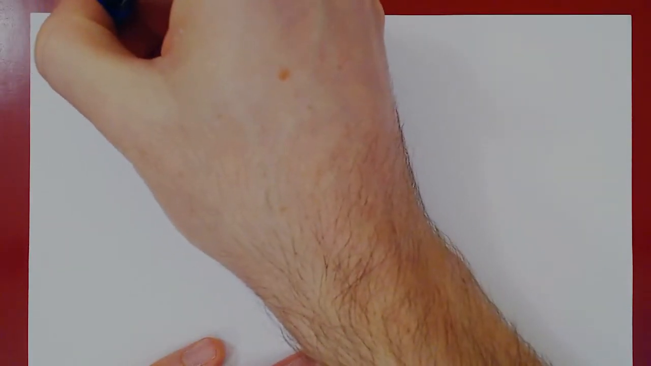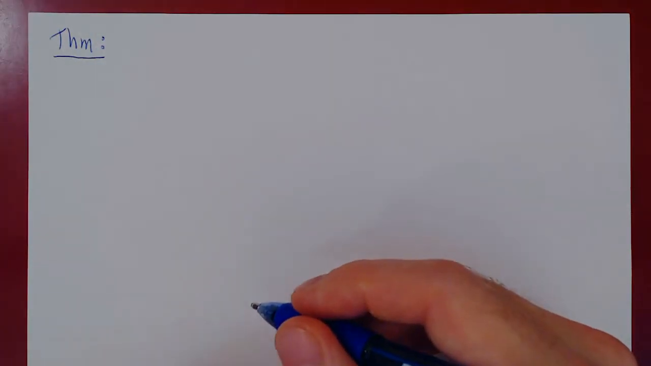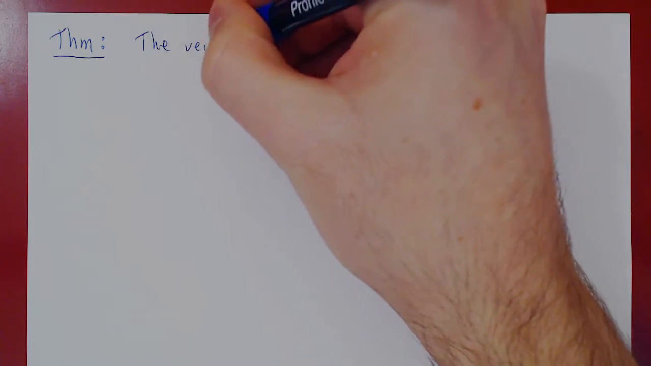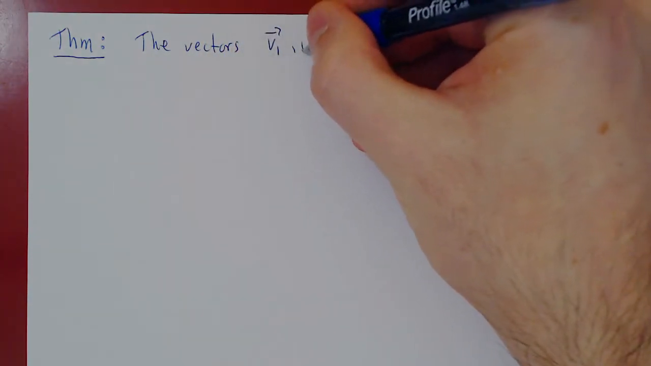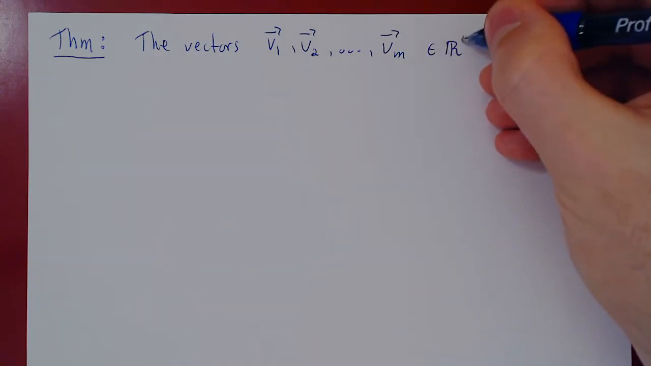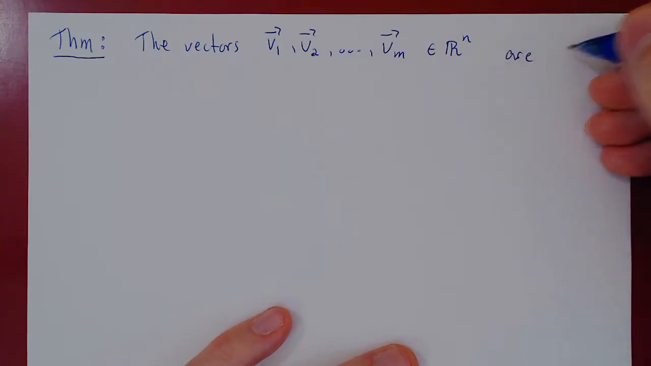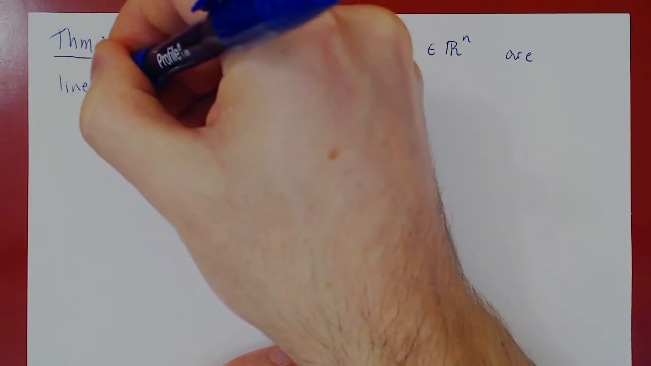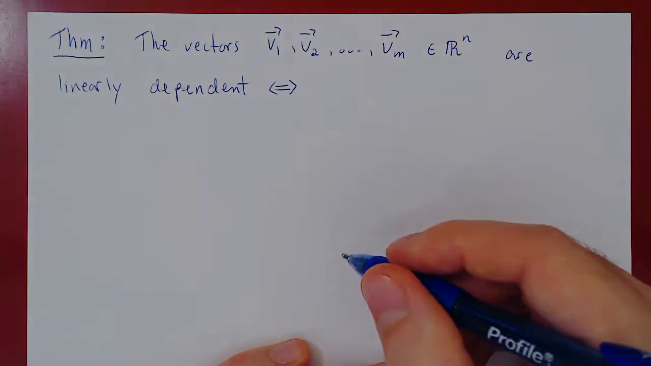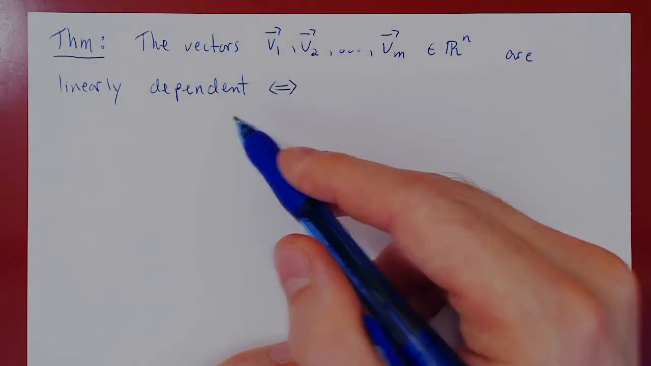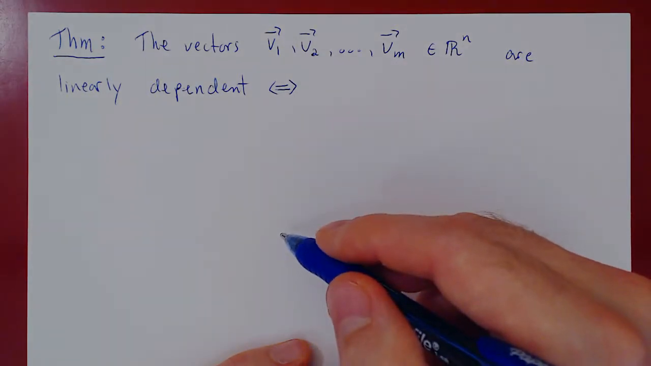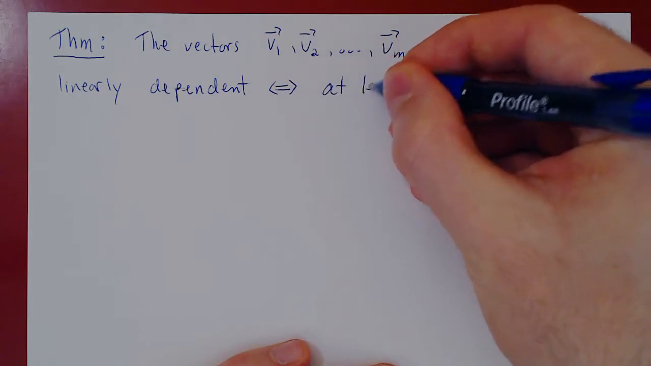And this is a theorem, which again will make it clear why we are using the term independent and dependent. So the vectors, again, let's assume we have m vectors in Rn. These m vectors are linearly dependent if and only if, so now we are giving an equivalent statement, this will be a more intuitive notion, if and only if one of them is a linear combination of the others. So at least one